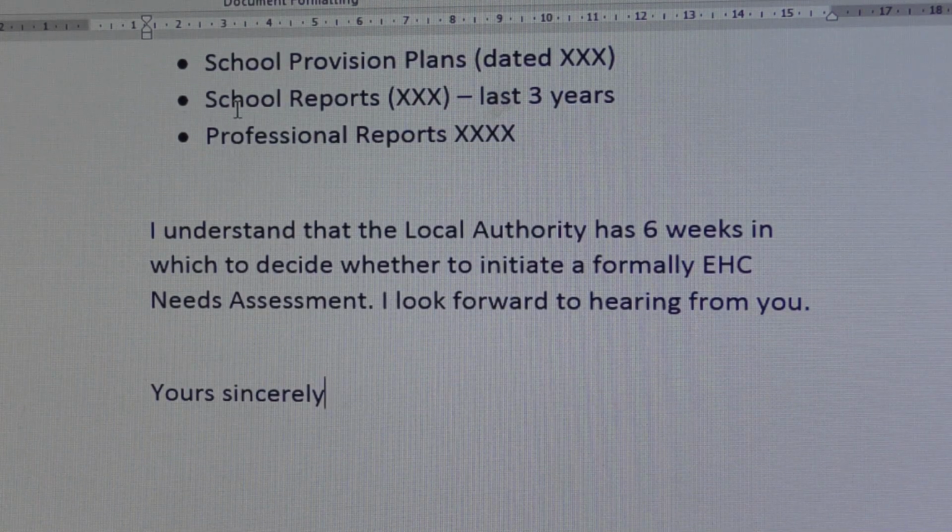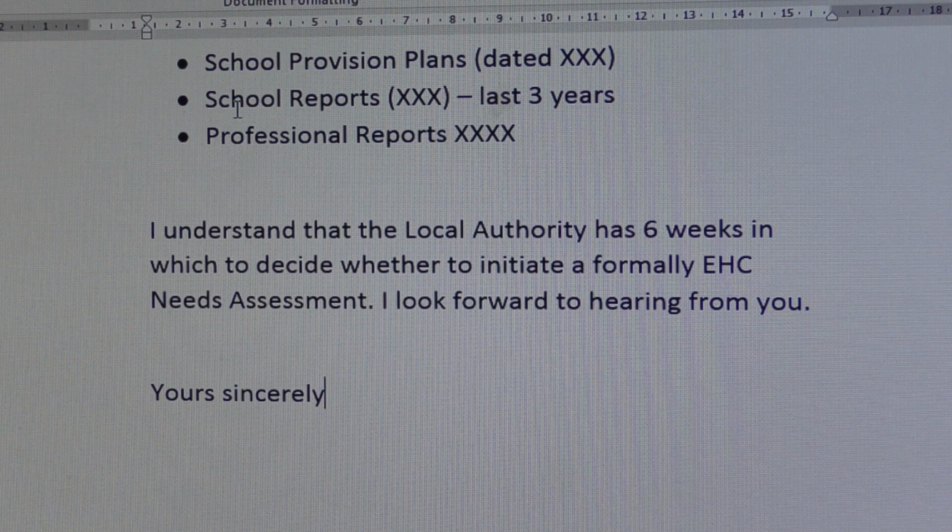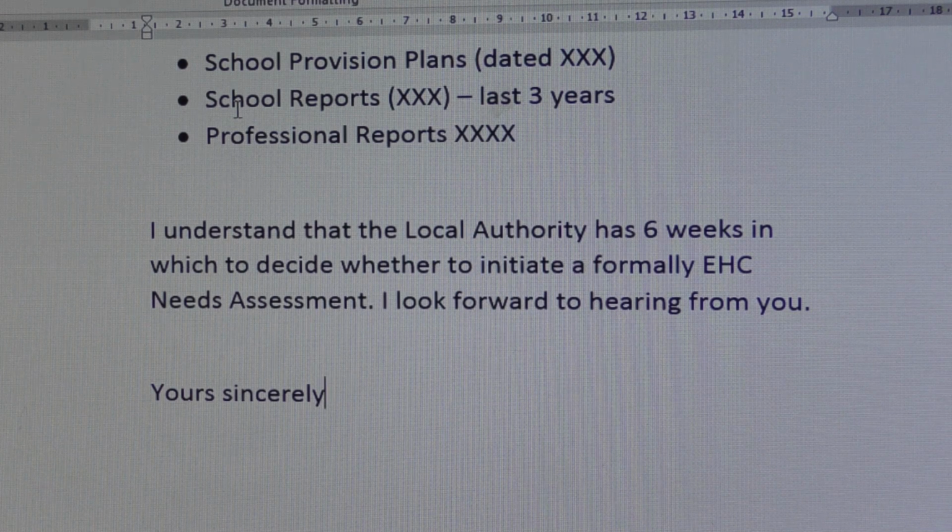And that is it. Very straightforward. This is not something that should cost you a lot of money. It certainly shouldn't cost £4,000. And if I run it back from the very beginning, just to give you an idea